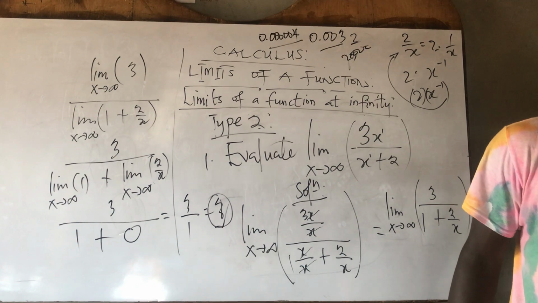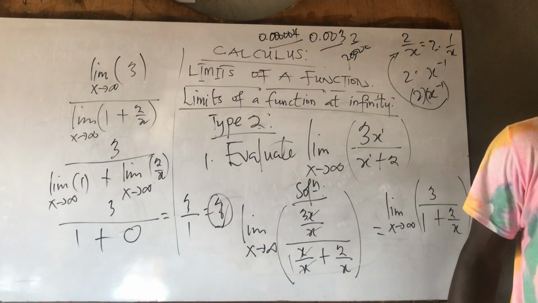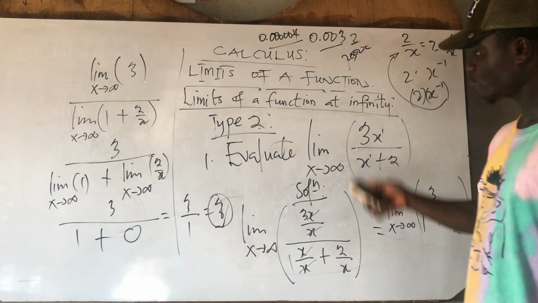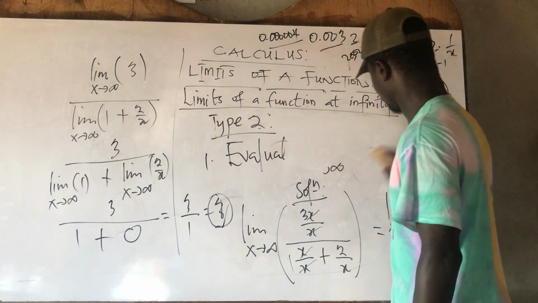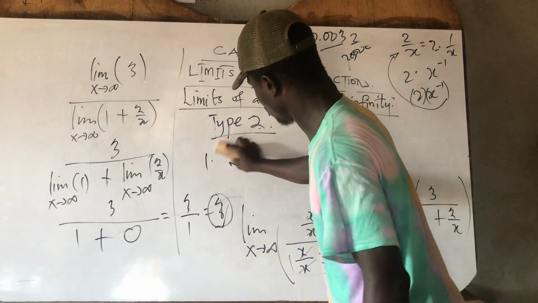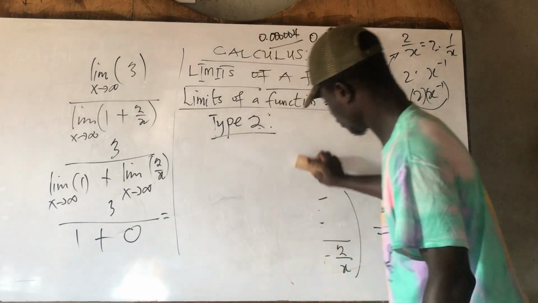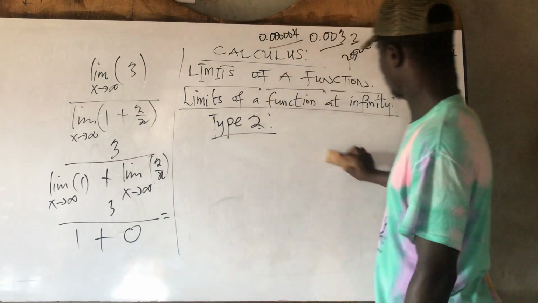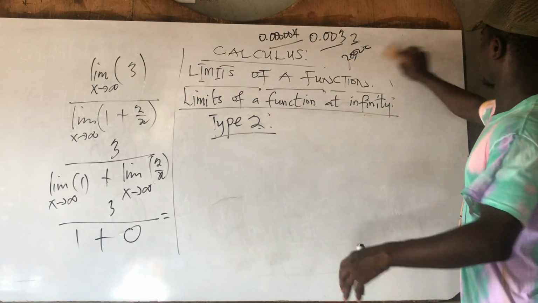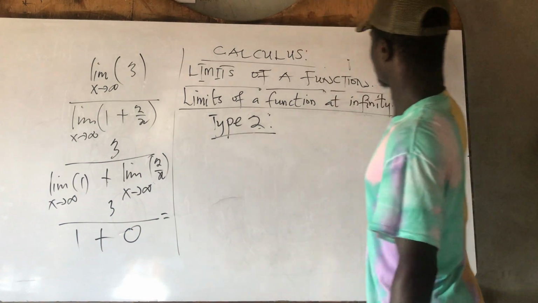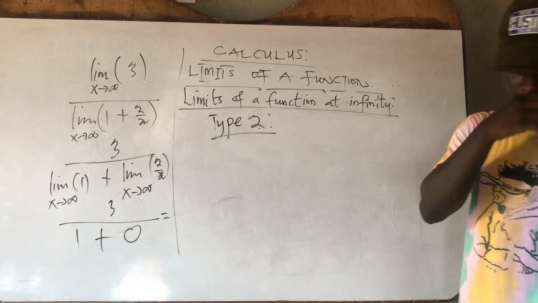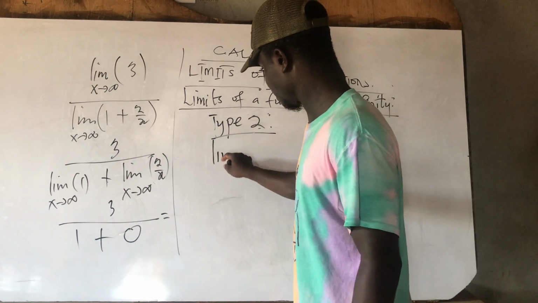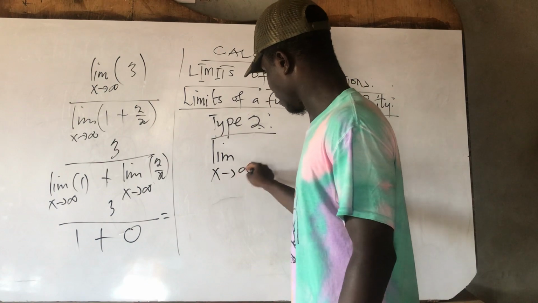All right. Let's go to another question. We are still on the type 2. So we are done with the type 1. We are still on the type 2. Find the limit. We are finding the limit as x approaches